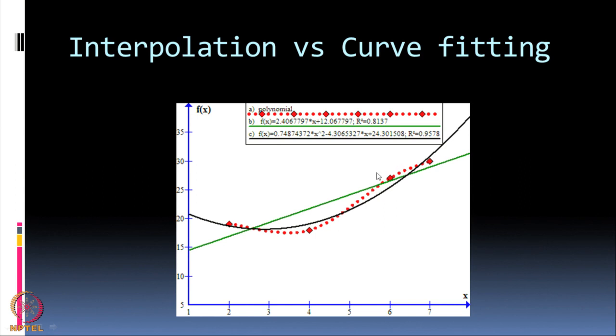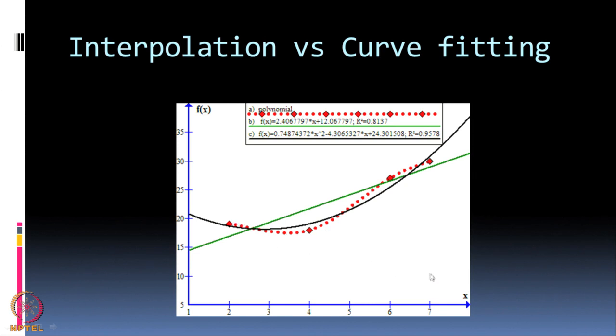So, what is the advantage of this smooth curve? Suppose now my x values are between 1 and 7 or 1 and 8, and y values are between 10 and let us say 40 or 50. So, this is my function. Suppose I need the value of the function when x is equal to 3. When x is equal to 3, I have not measured that object. So, a good estimate would be the dotted line that is drawn here. So, interpolation allows me to estimate values of the function at points which are not measured, between the starting point and the ending point. Interpolation is to find the value of the function at points in between.